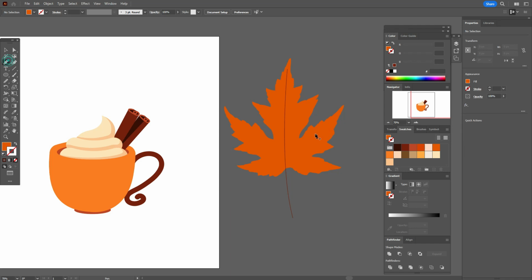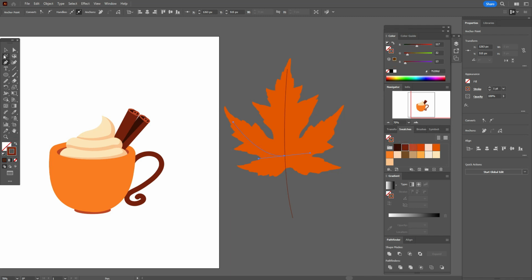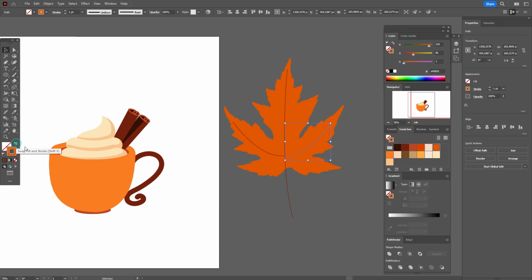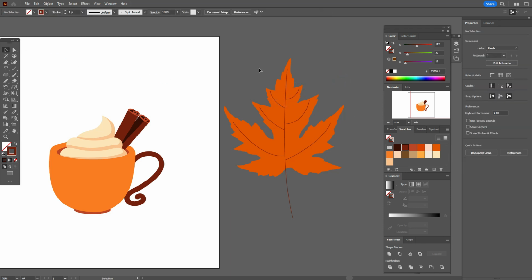Now let's take pen tool again and draw some more lines. Let's add here the stroke color, and the same here, we need that color for the stroke. Okay,